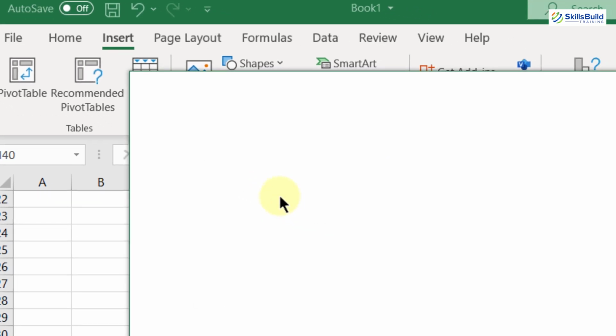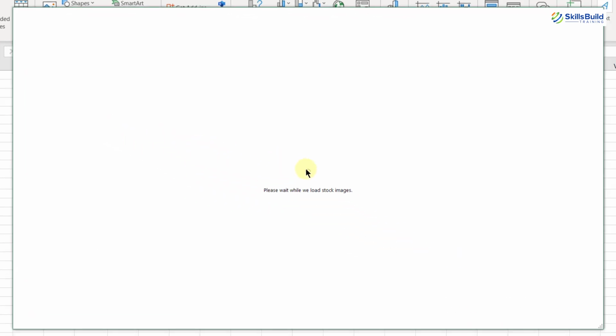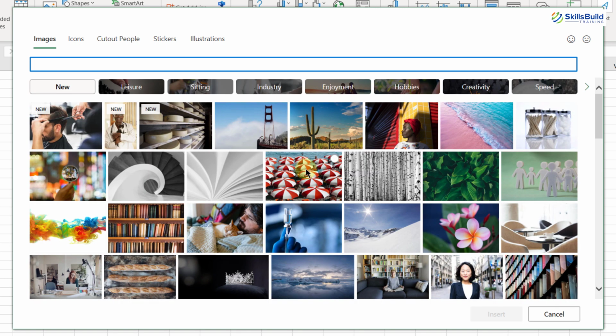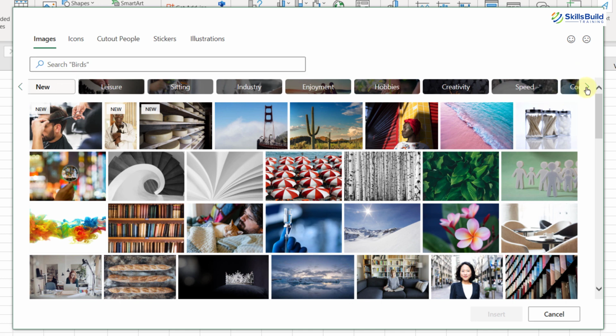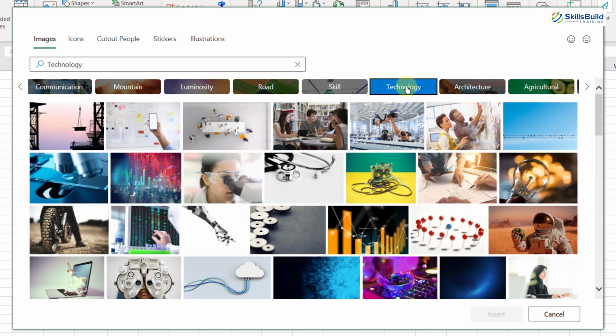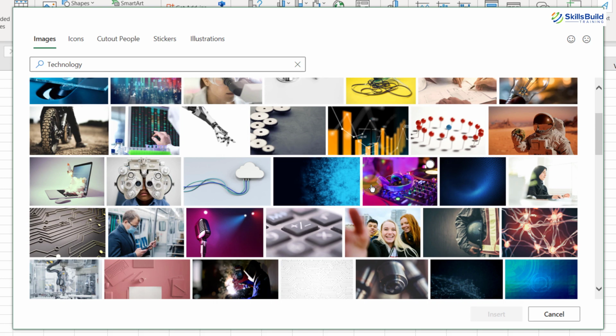If you just click on it, it has just opened a window, and in here we have different types of stock images, and above these images we have different categories. If you click on this right arrow button, as you can see here, we have different categories of stock images. Let's say I want to go with technology, so I'll just click on it, and after that it will load all the images regarding technology. Now select any of these images. Let's say I want to go with this one, and after that you just need to click on this insert